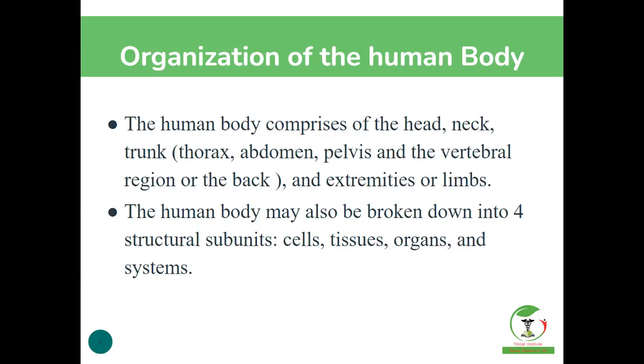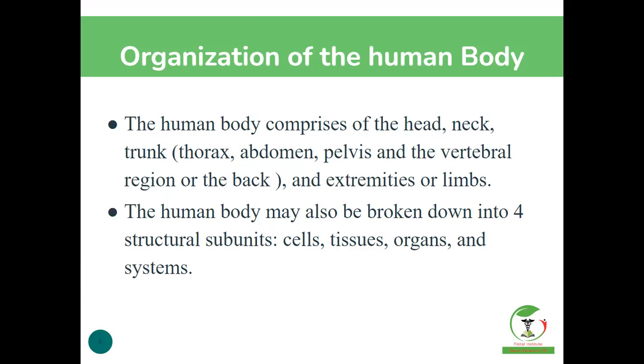So we can basically say that the human body is made up of the head, neck, then the trunk, which consists of the thorax, abdomen, pelvis, and the vertebral column, or the vertebral region, or basically the back, and then the limbs, the upper and then the lower limbs. However, we can actually say that the human body is organized from the smaller unit,